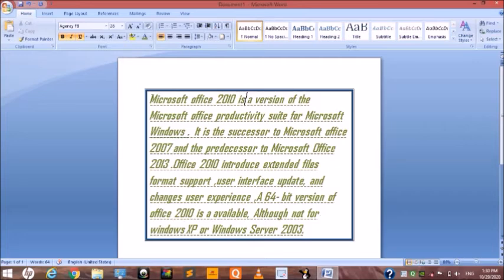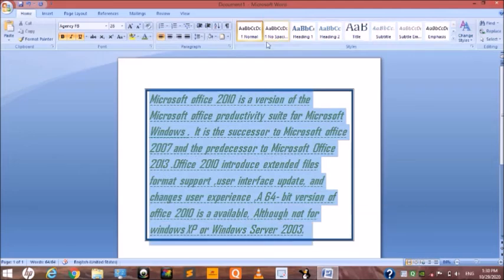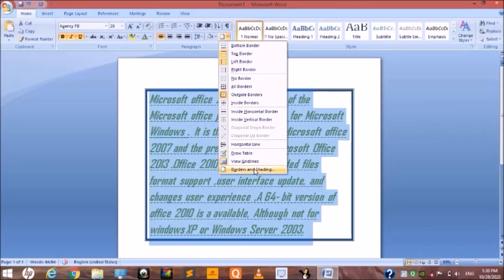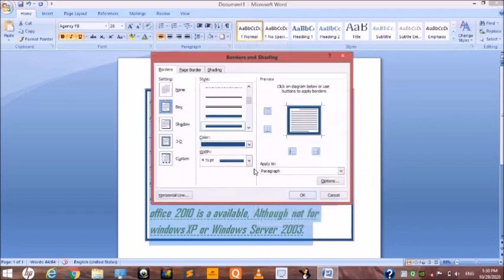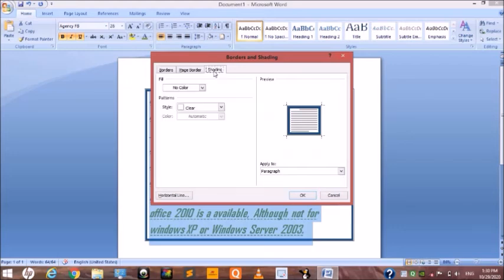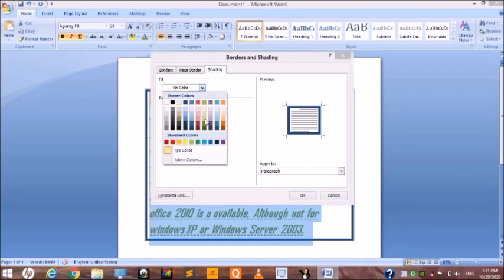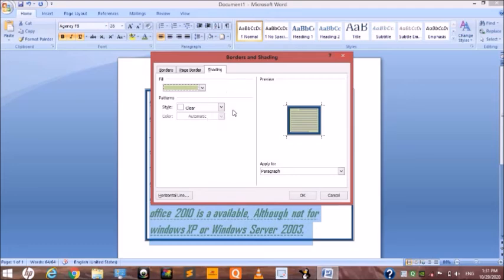Next is adding the background shades. Firstly select the whole data, click on the border drop down button, then select Border and Shading. Immediately the dialog box appears. Click on the Shading option. Here choose the color, this color.